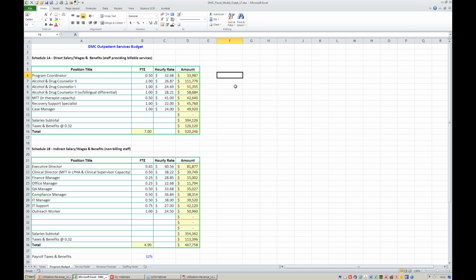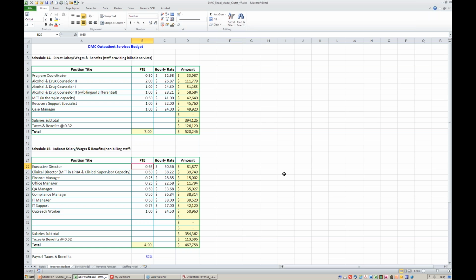and particularly as we move down into the indirect, the non-billing staff, we'll see that we don't have people. I think there's only one person there who's full-time. So that simply reflects, like, if we want to take a look down there, like the executive director, maybe the DMC program is only 2/3 of the agency budget. Don't take that literally, because there are other ways to allocate costs. But so they're there for 65%, and they spend the rest of their time